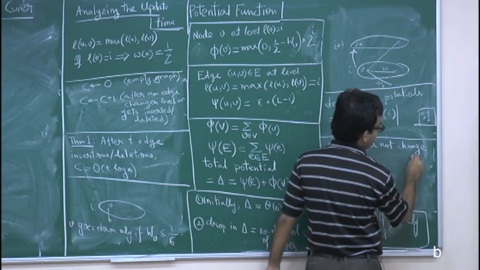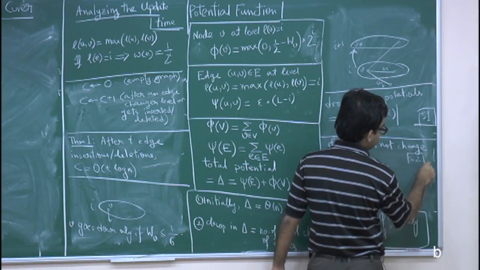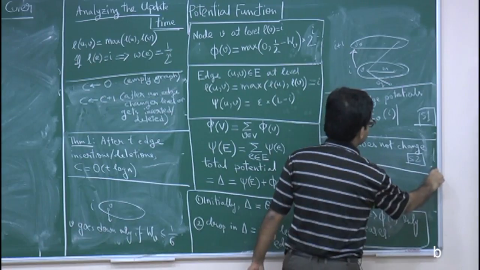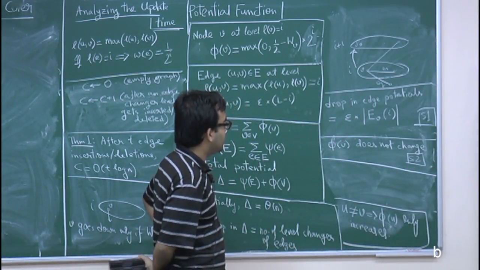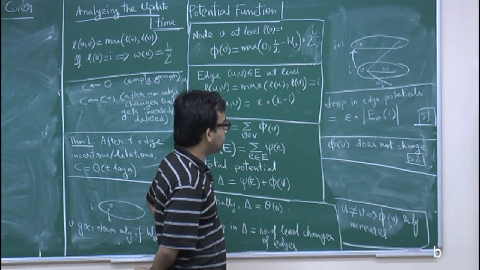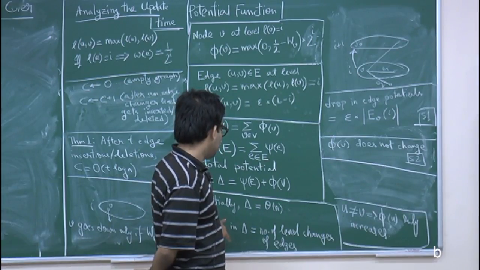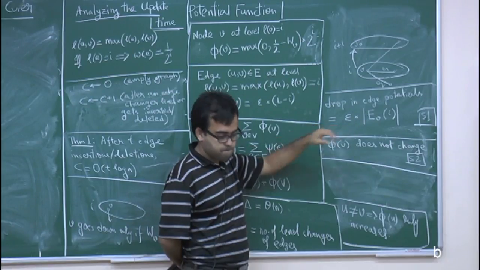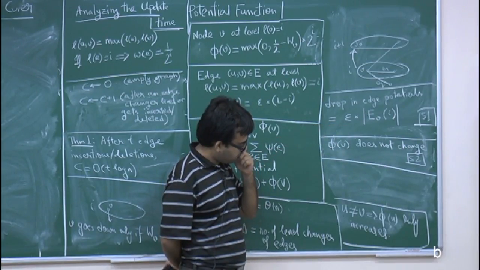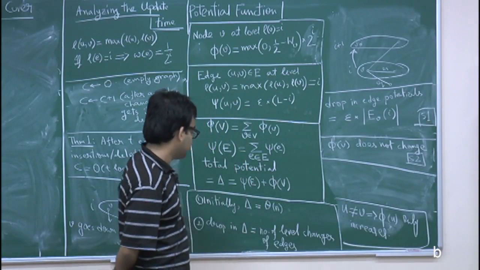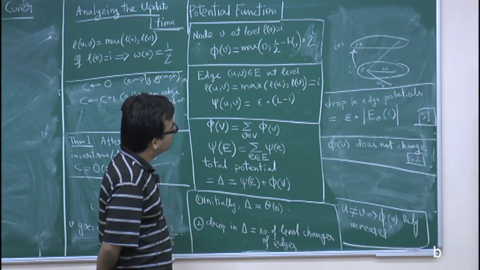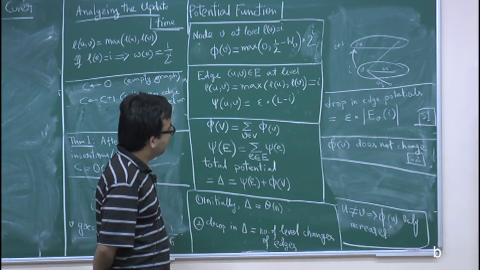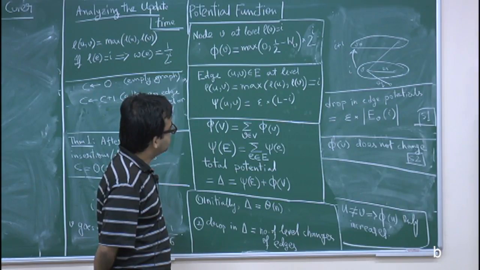Let us say this is statement 2. So, what do we want? We want to now show, we want to lower bound the drop in the edge potentials. If this thing increases,